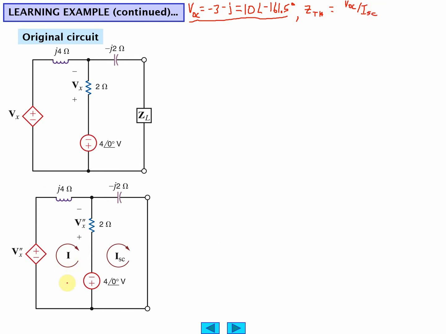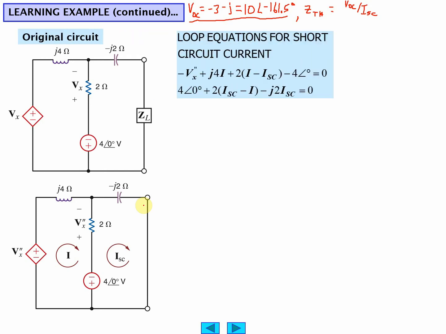Okay, so we're going to do loop analysis here, and we're going to have I and ISC. So we can write down the loop equations. So we have the negative Vx prime, Vx double prime here, I1, so the voltage is going to be more positive on this end than this end, and since we're going in the opposite direction,